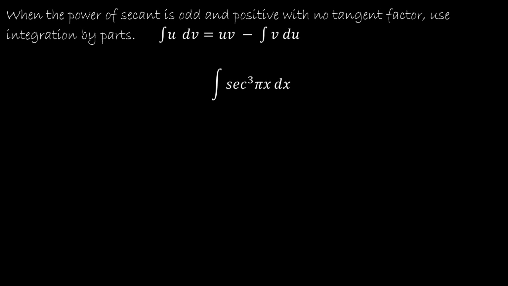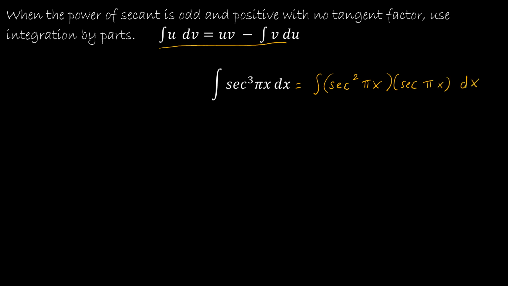So this one is the power of secant is odd and positive with no tangent factor. We have to use integration by parts. So hopefully you've watched that video and you're comfortable with that method. If not, go back and watch that video right quick. I've copied this formula for us, and we're going to be thinking about secant cubed pi x as broken into a product of secant squared pi x and secant pi x